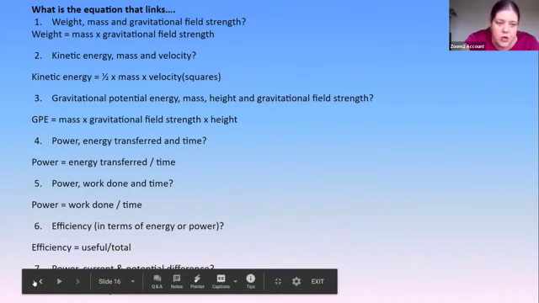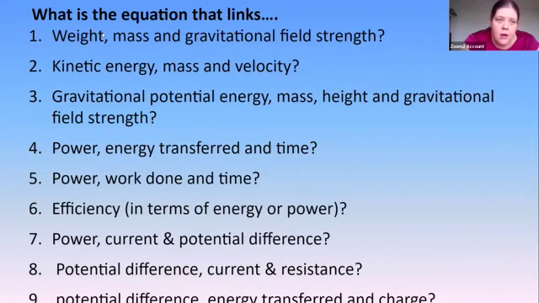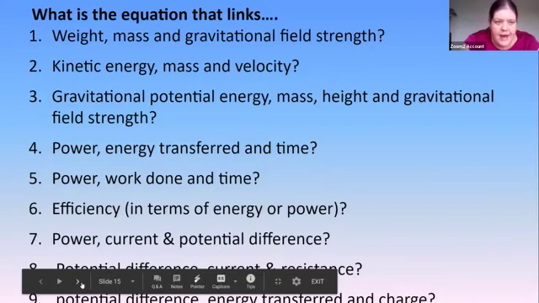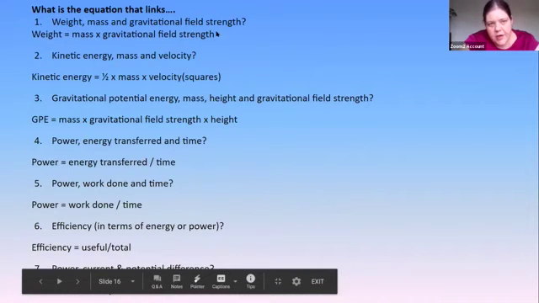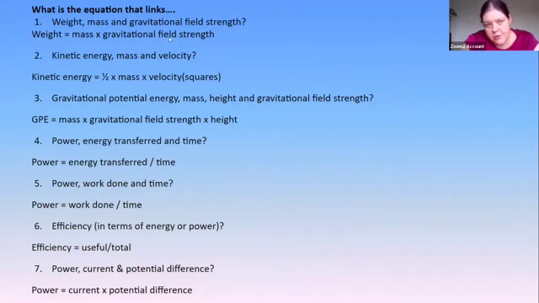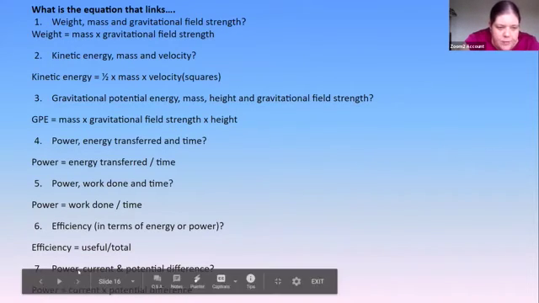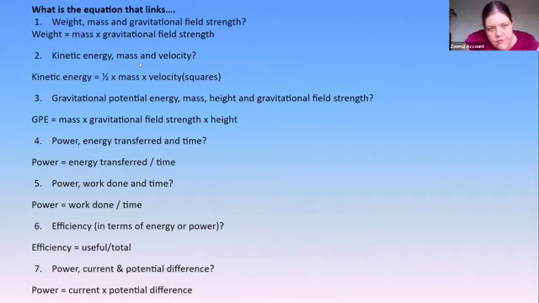So again, you could make flashcards. You could put, on one flashcard, what equation links mass, weight, gravitational field strength, and then on the back, you could write the equation out. So weight equals mass times gravitational field strength. Anyone making notes, gravitational field strength is normally 9.8. It should be given to you in the exam, but sometimes they don't. So I'm just throwing that number out. Gravitational field strength on Earth, I should add, is 9.8.